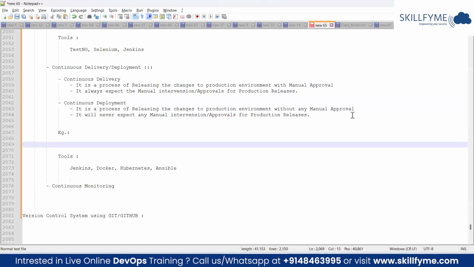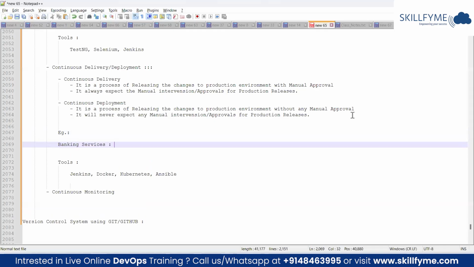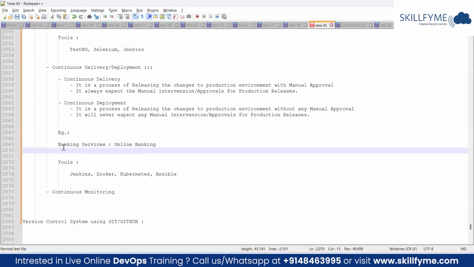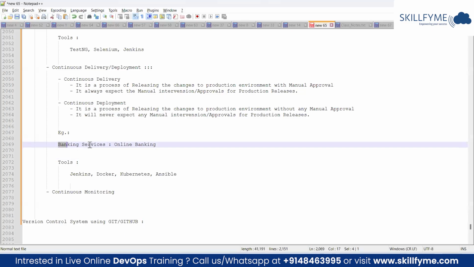You are using a banking service, right? It can be your online banking, online transactions, whatever you do. It is a software application running on their own infrastructure. As a customer, you must be receiving some SMS notifications periodically, once in 3 months or once in 6 months, from that bank stating that due to some maintenance reason, a specific service will be unavailable for a certain duration. That will not happen very frequently.